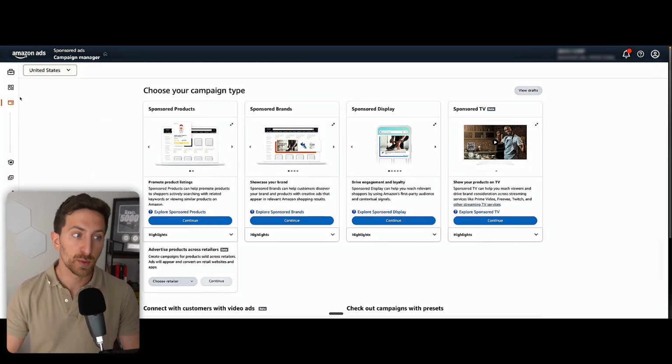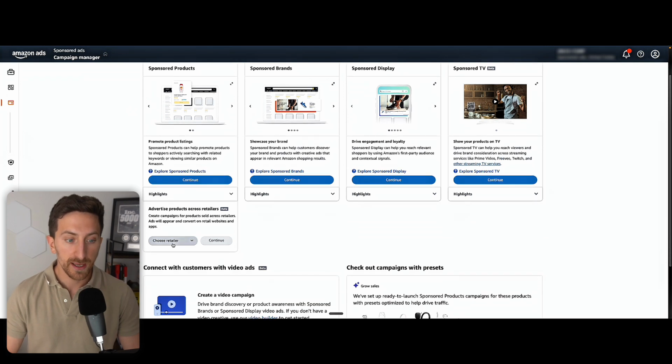The fifth insight I want to share with you is about advertising products across retailers. Now Amazon allows you to advertise on platforms that are not Amazon.com or Amazon UK or Germany. It allows you to advertise across retailers. And you can find this when you create a campaign, any campaign. You can scroll down here and you will be able to see that Amazon is allowing you to select a